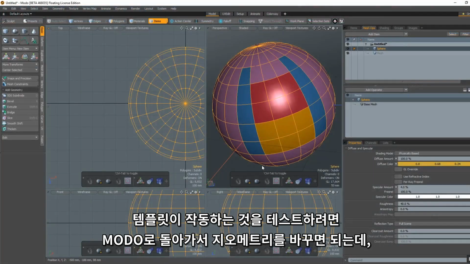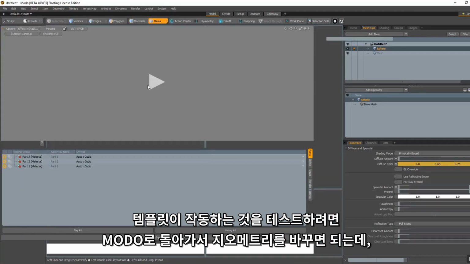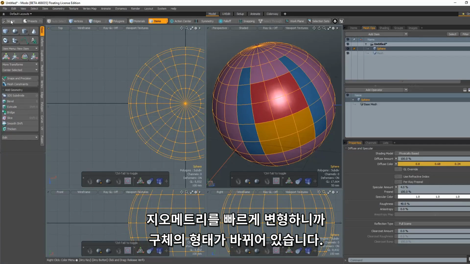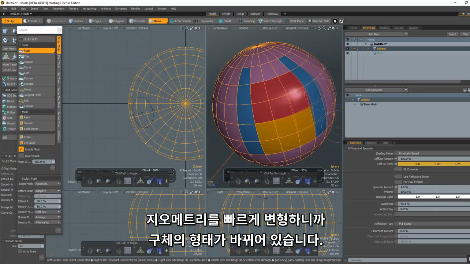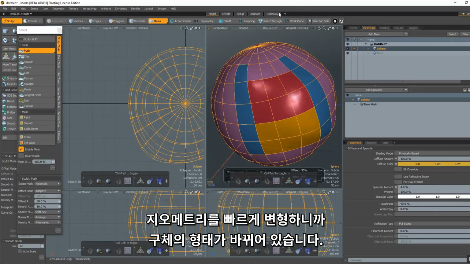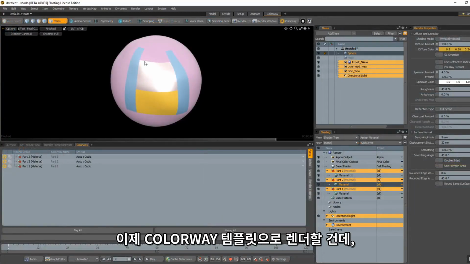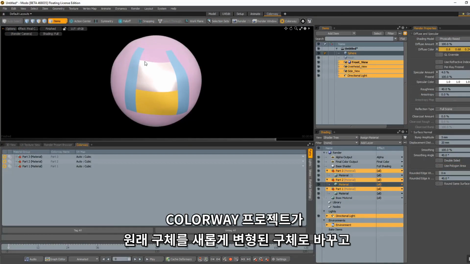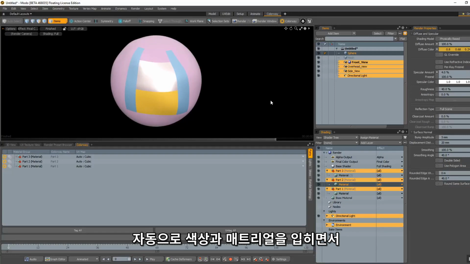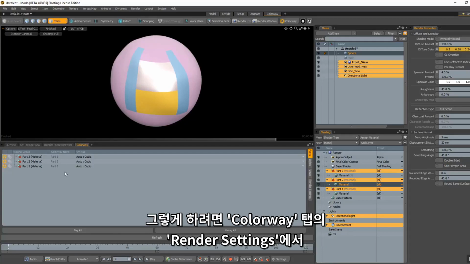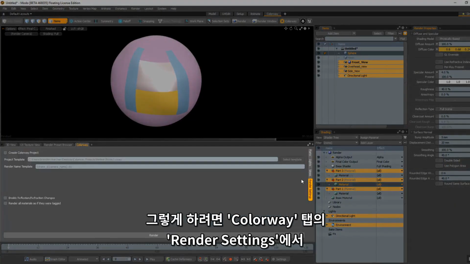To test whether the template's working, we can go back into Modo and change the geometry. So I can do that by quickly applying some deformation to my geometry, and now you can see I have a deformed sphere. Now when I render to a Colorway template, I want the Colorway project to replace my existing sphere with this new deformed sphere. I want it to automatically color and material my sphere, and I want it to use the same dynamic callouts and dynamic table. So what I do is I go to my Colorway tab, I go down to Render Settings,